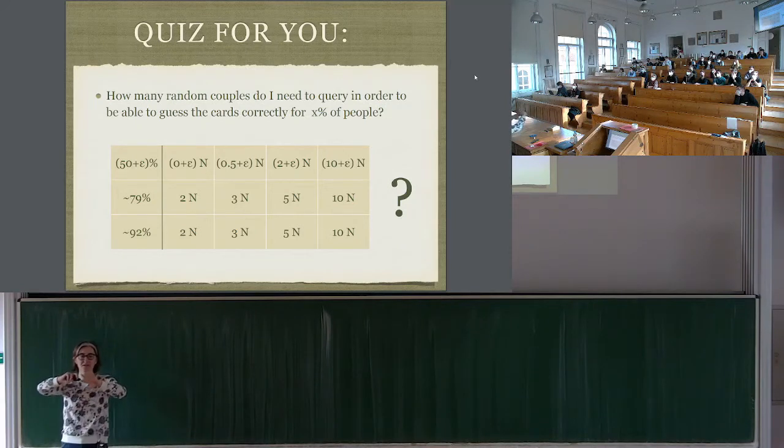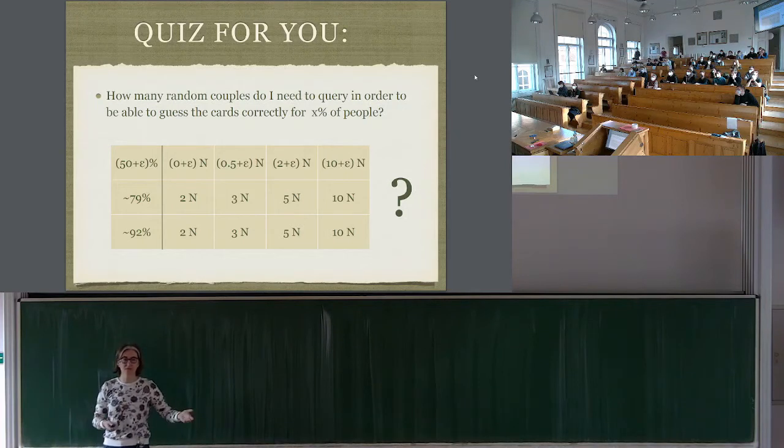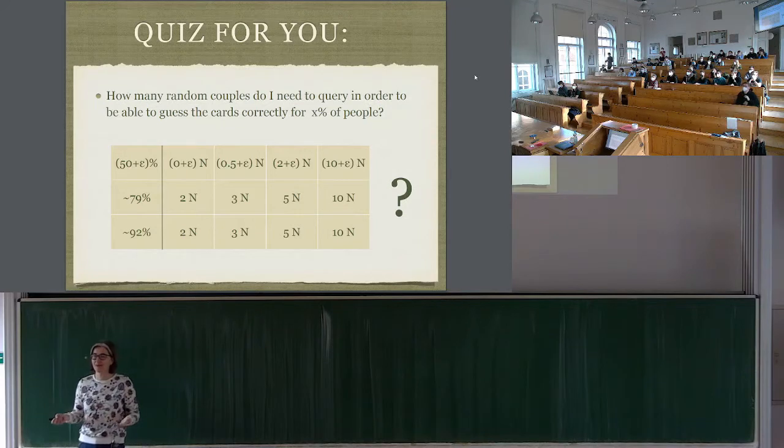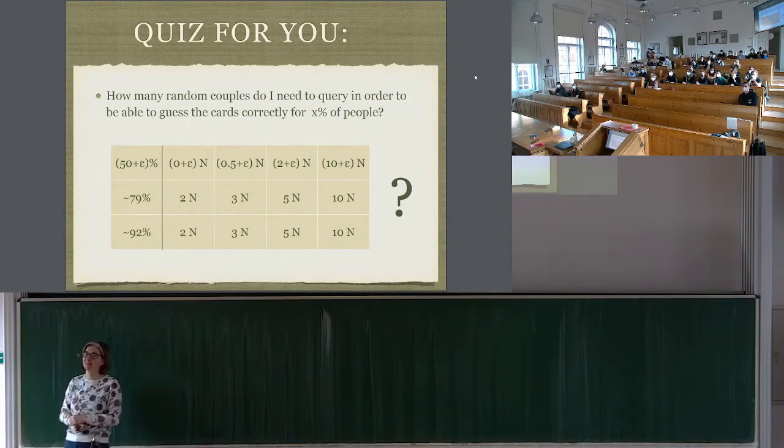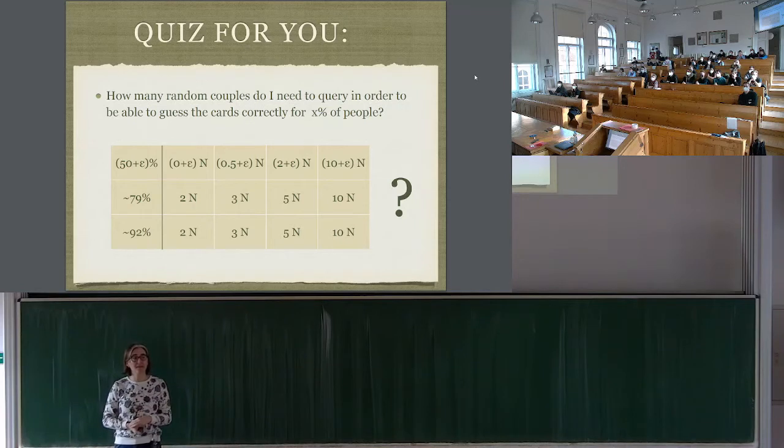Because of course, if I split the room at random, then I'm right 50% of the time, because there were only 2 values of cards, so with probability 1/2, I guess right. So random guessing is 50%. I want to do better than that. I want to do just a little epsilon better than that. How many questions do I need?